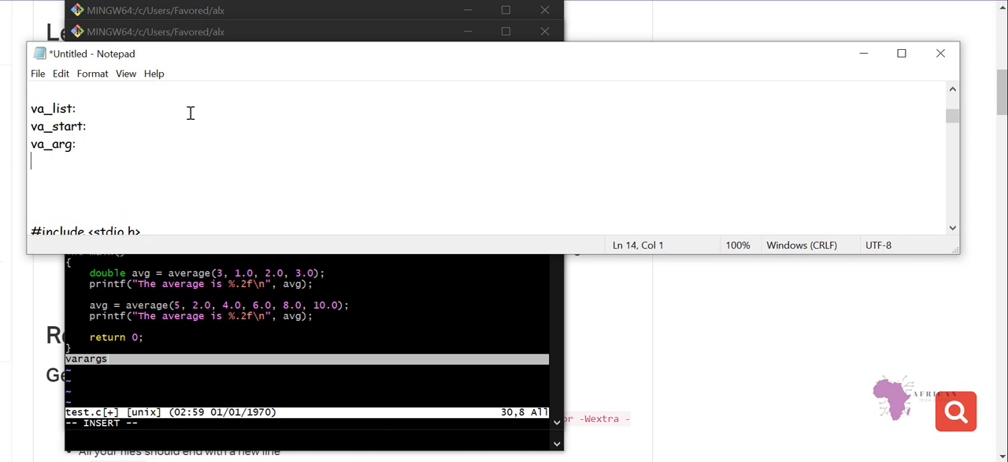Then we have the third one, that is va_end. What does it do? It cleans up the va_list object after the variable arguments have been accessed. So the first one is to hold, the second one is to initialize, the third one is to retrieve the next argument, and the fourth one is to clean up. So I believe you are able to understand all these four